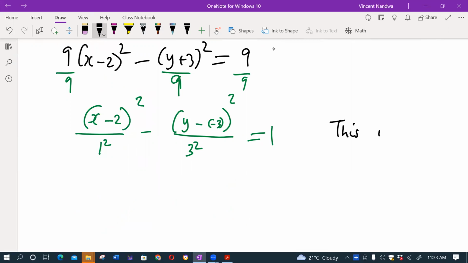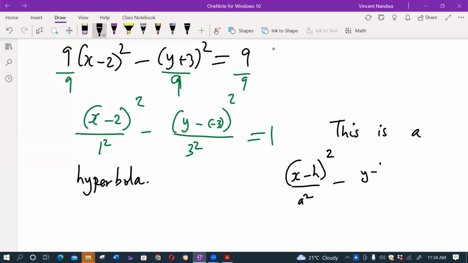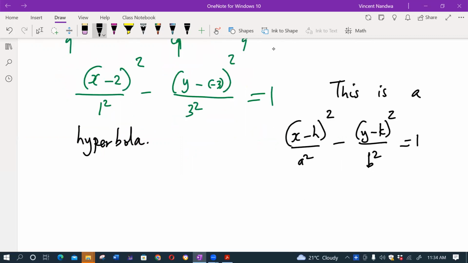This is a hyperbola. Remember, a hyperbola is written as (x minus h) squared over a squared minus (y minus k) squared over b squared equals 1. So h is 2, k is minus 3, a is 1, b is 3, and remember c